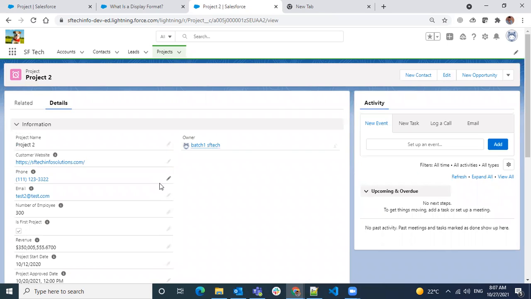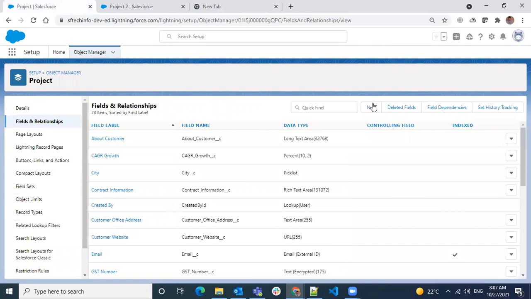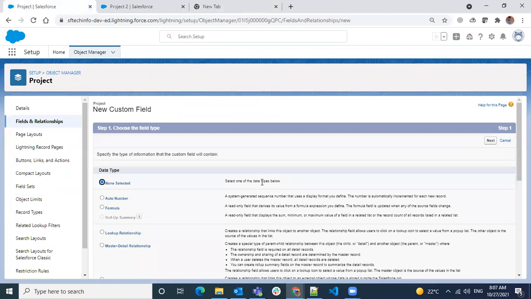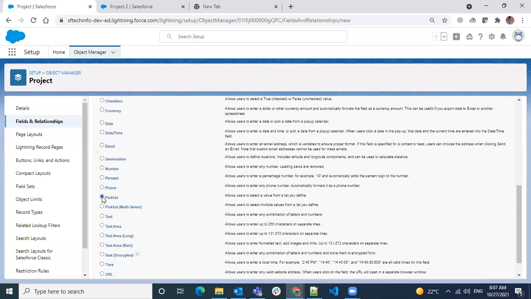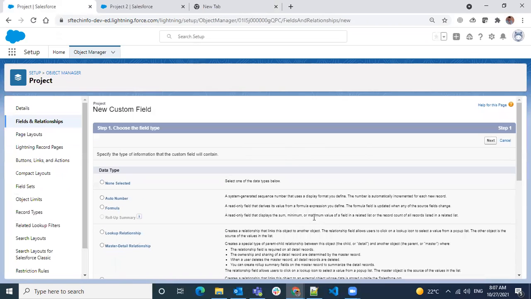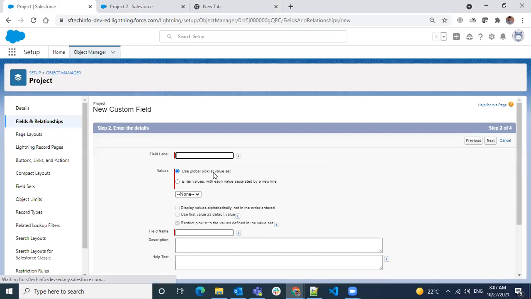Okay, now let's see what a global pick list is. When we were trying to create a pick list and multi-select pick list, we saw one more option: global select pick list values. There are two ways we can create a global pick list value.